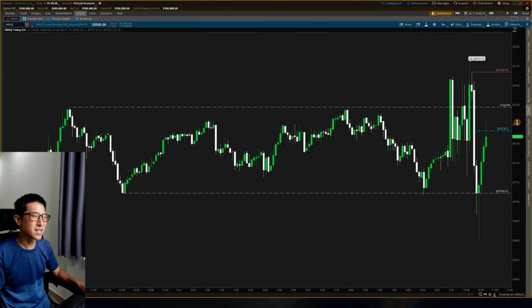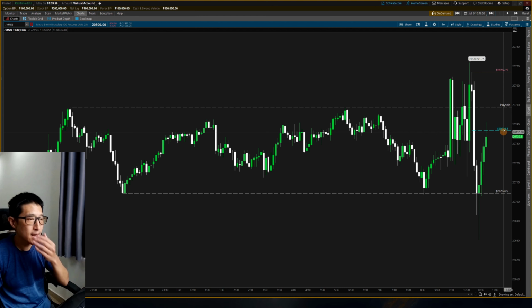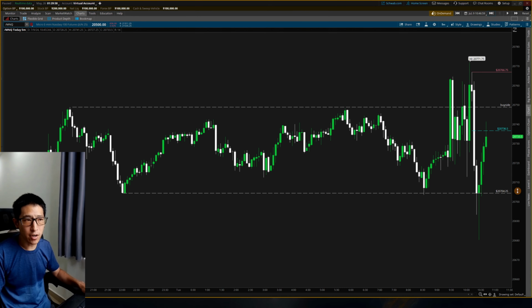but I don't know. Okay, if we create a second fair value gap, I'll add to my position, but other than that, I'll stick with 1 contract. I should do 2, but I already said 1, so okay, looked like there was a little stagger here. I probably should have done 2 contracts for a full size risk, but I just decided to do 1. I said I was going to do 1, so I'm going to go ahead and just do 1. I'm not going to take my word back, and hopefully we'll get a second fair value gap for me to